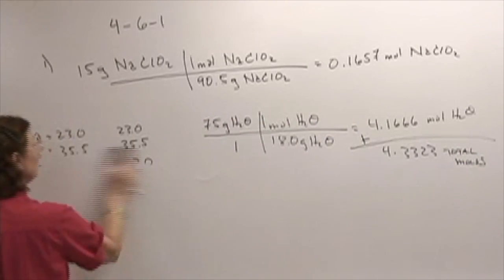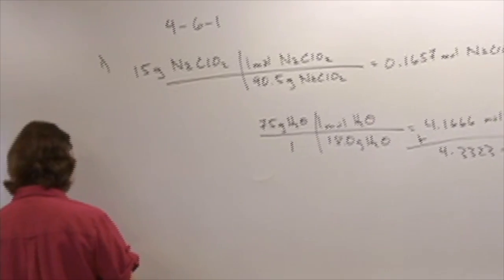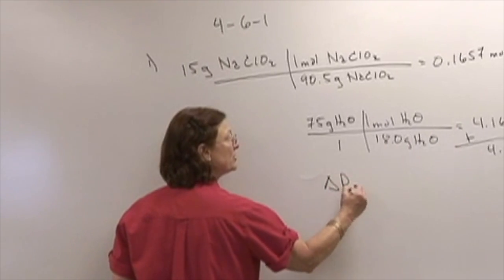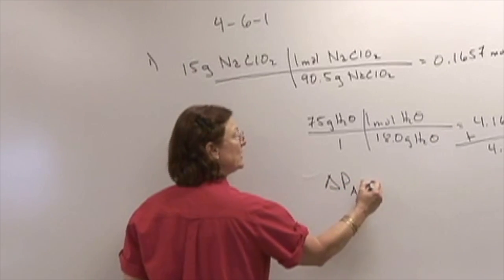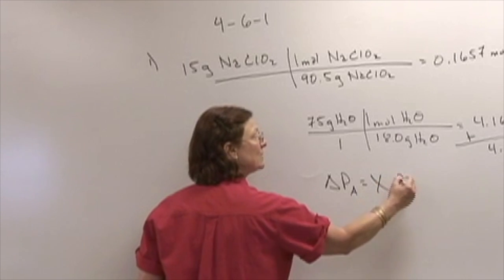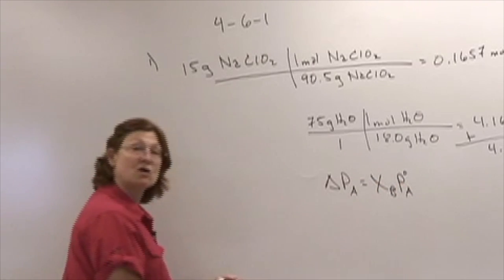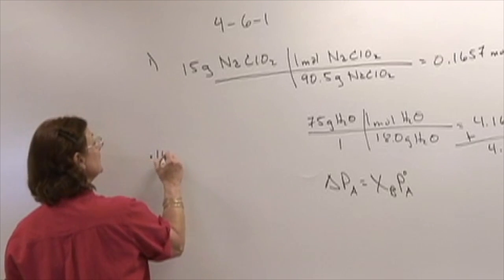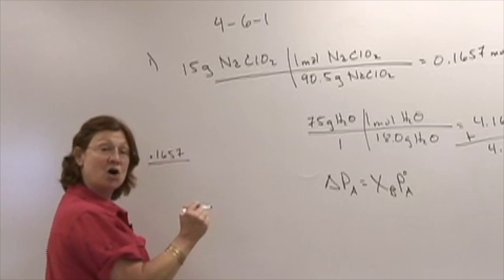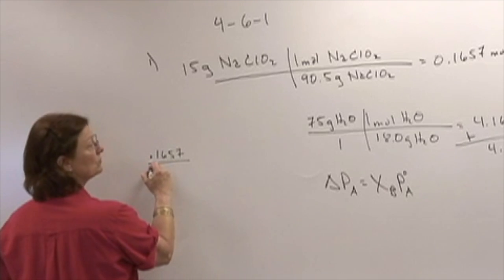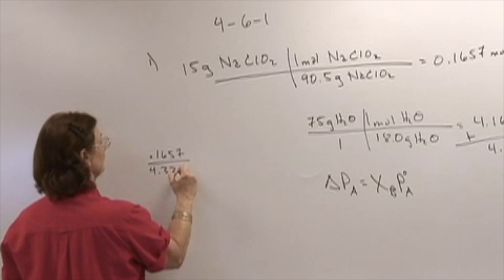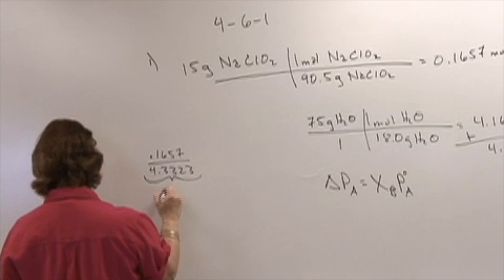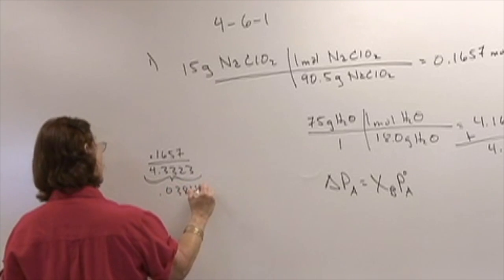And then I'm going to apply that to my equation. I want the moles of my solute. Remember, the change in the pressure of the solvent is equal to the mole fraction of the solute times the pure vapor pressure of the solvent at that temperature. Well, I take my 0.1657 moles of my solute and I divide it by my total moles. And this number then will be 0.03824,